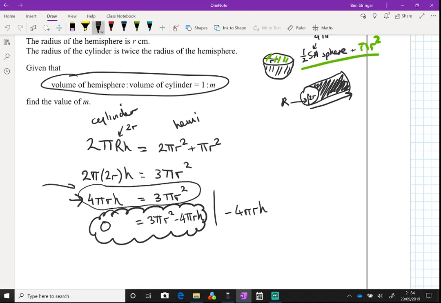So that bit there was the cylinder surface, and that bit there was the hemisphere surface, so I'm just going to put that there. We can't do much with it yet because we've got 2 variables, r and h, and 1 equation, so we can't solve it essentially. But this piece of information might help us. Volume of a hemisphere, let's have a look what that is. It says here on the formula page the volume of a